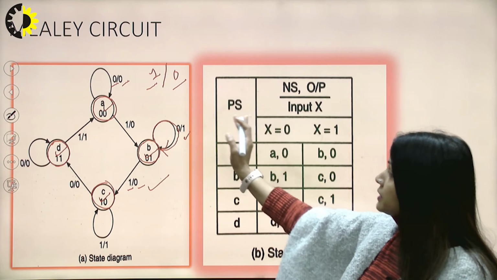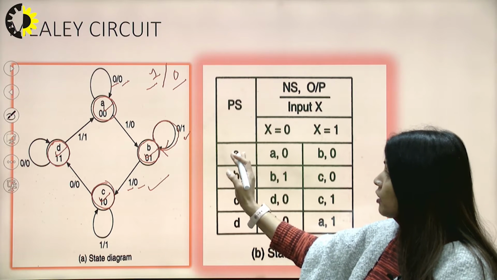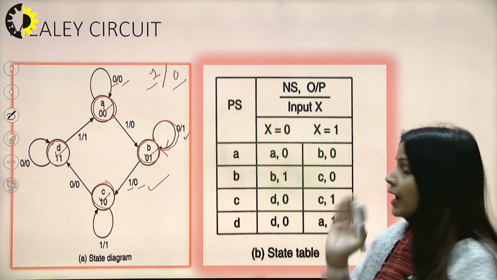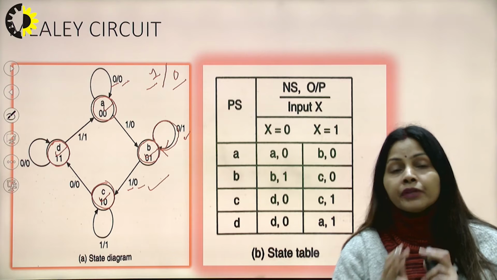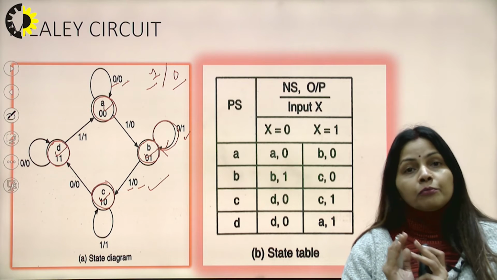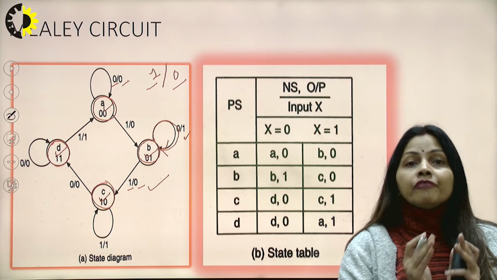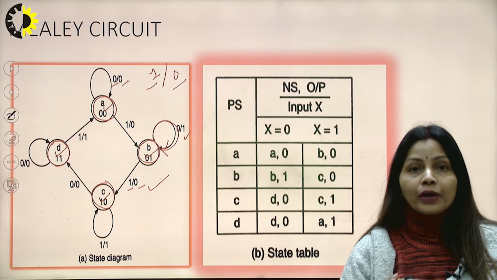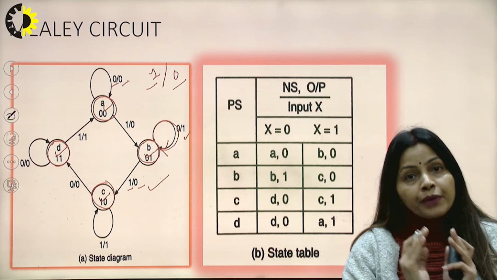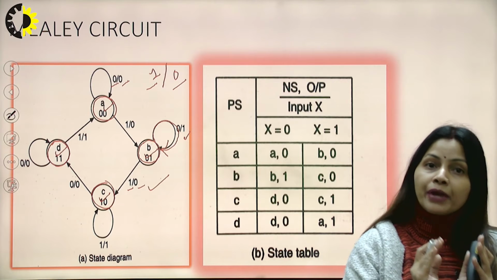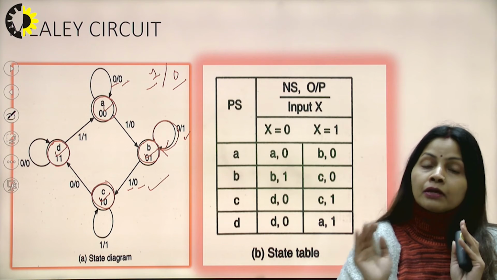The present state, we will write all the states A, B, C and D. And one more thing: when the input is 0, when the input is 1, when the output is 0 and when the output is 1. So whenever we are mapping from present state to next state,